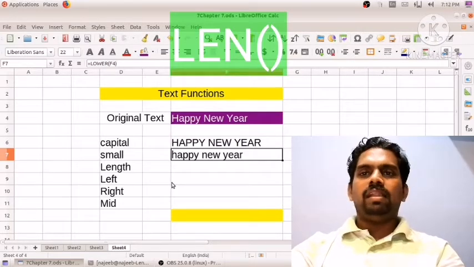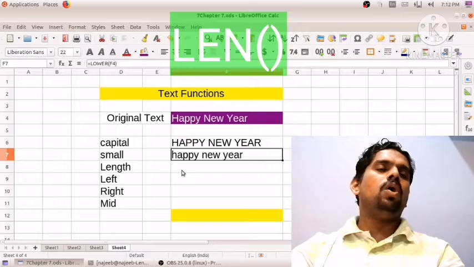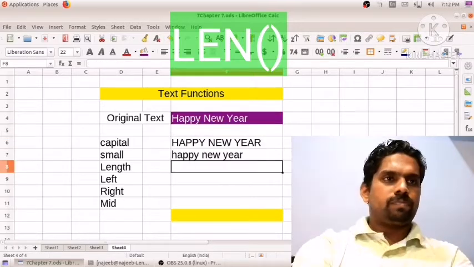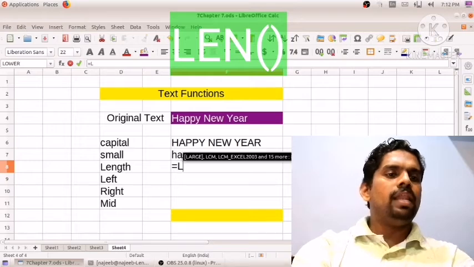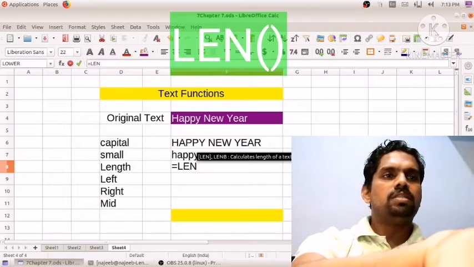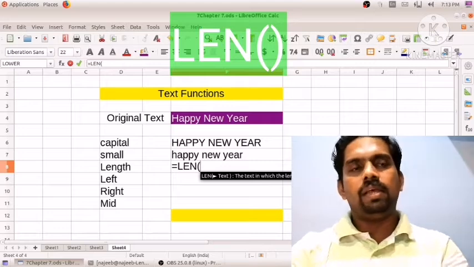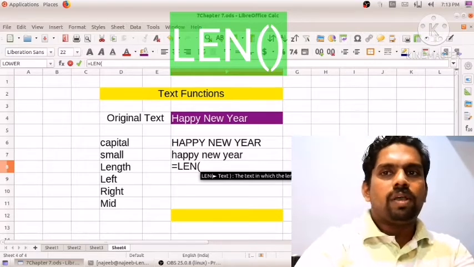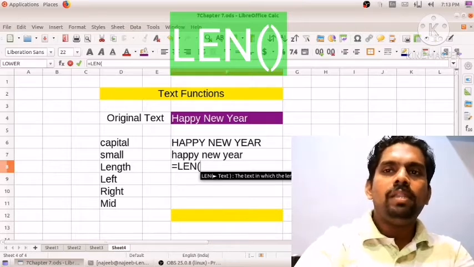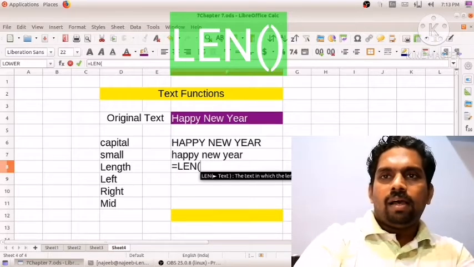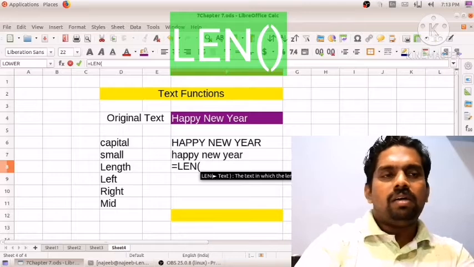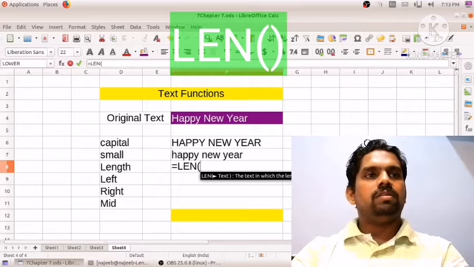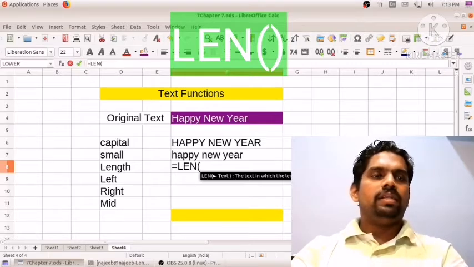Next is length. Length means how many letters are there in this string. So equal to len. The len function is used to find the length of a string, that is how many characters, how many letters, alphabets are there in the original text.